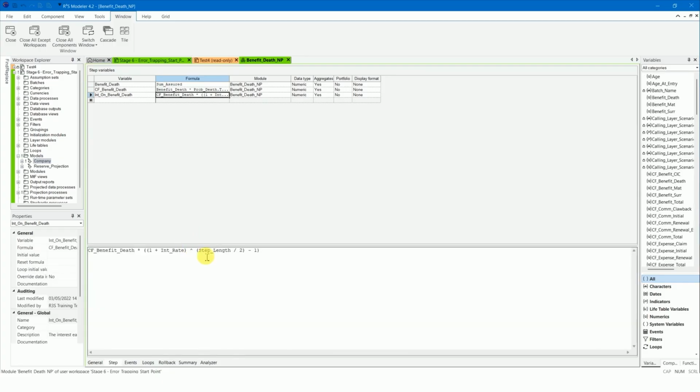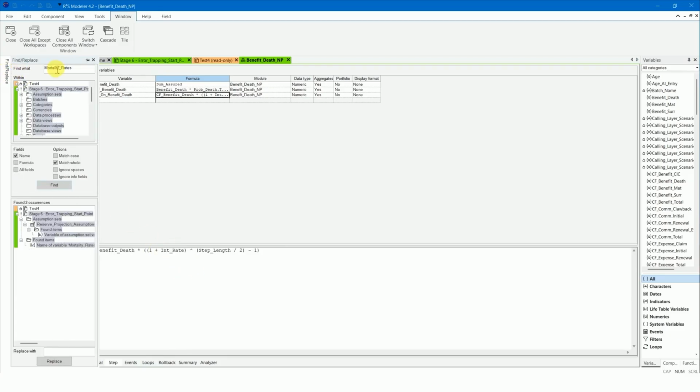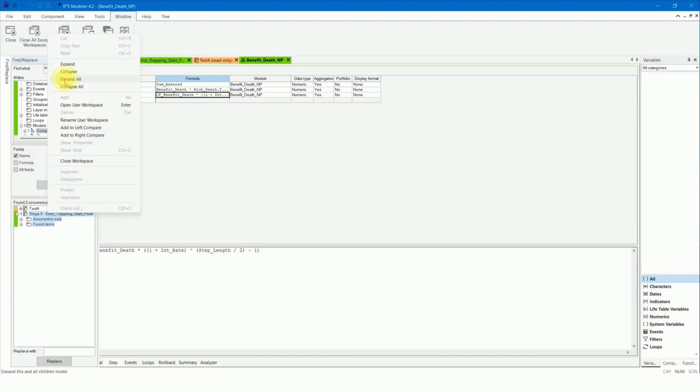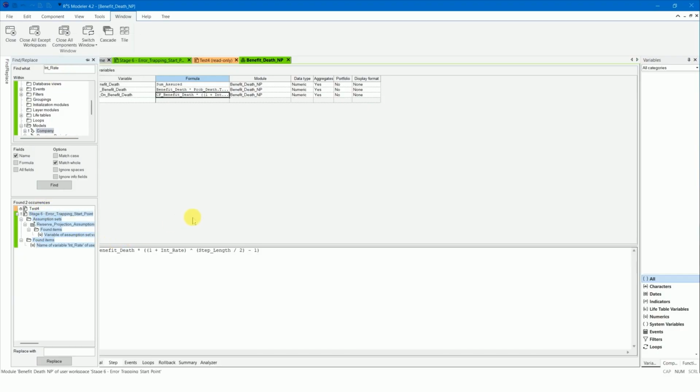Use the find replace function to look for occurrences of the variable int rate in the company model. We would expect int rate to be found in the realistic assumptions, but this is missing.